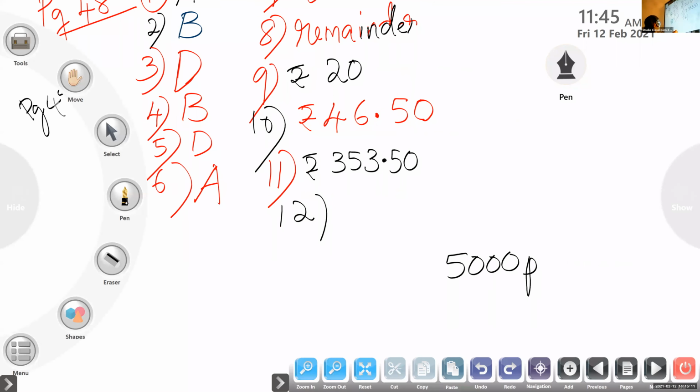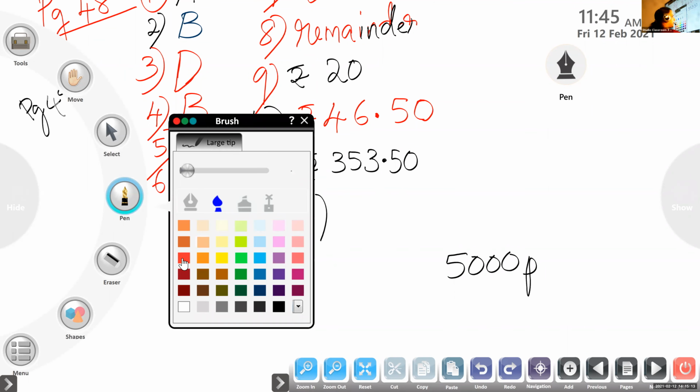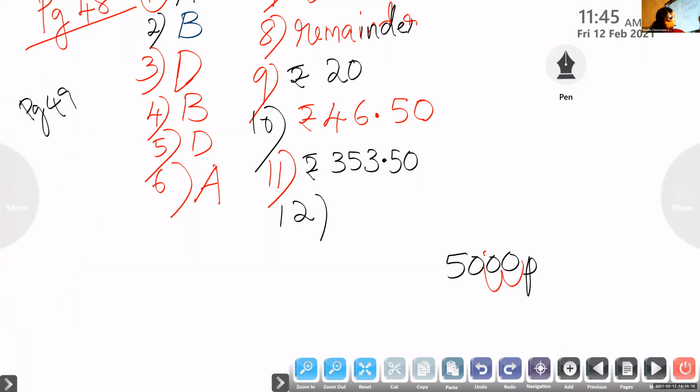Very good. Rupees 50. See, children, we are moving 2 digits. Here 0, 0, so we are not saying that. We will write only rupees 50. Okay, children, is that clear? If there are no numbers after the decimal point, we can just avoid writing that 0, 0. Then the answer is rupees 50.